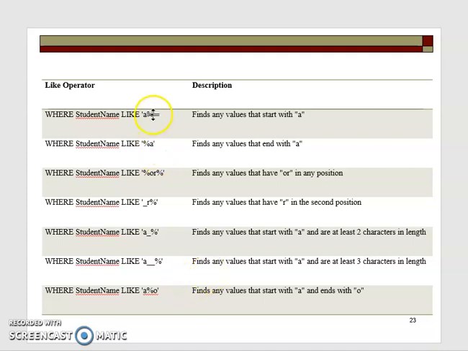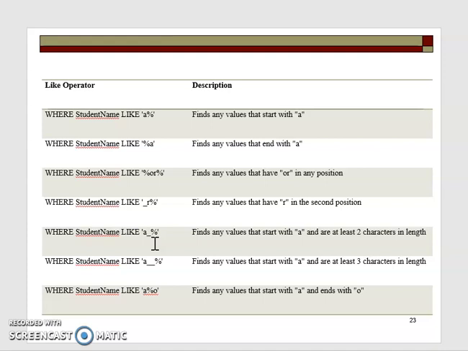This one returns values that start with an A, values that end with an A, values that have an or in between, and values whose second character is an R. Then this will return the values whose second last character is an A. Sorry, this one returns the values whose first character is an A, and then